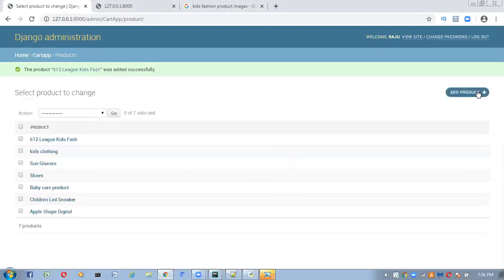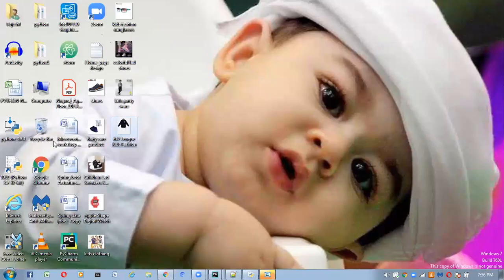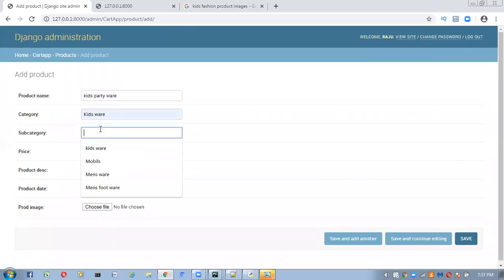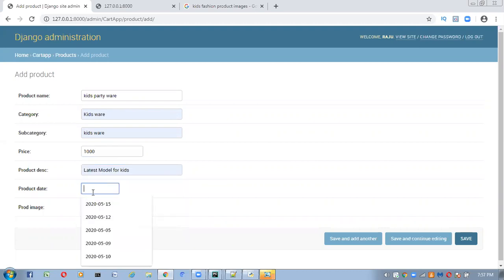Right, added. So now I add one more product. So next give some different name, other one, so this one, copy, go back to admin page, here give that name, and here category kids wear, here also category kids wear, price here I will give 1000 rupees, and here product description latest model for kids, today's date only I'm giving, choose file.